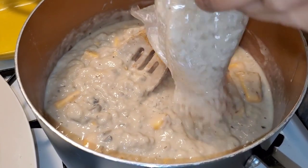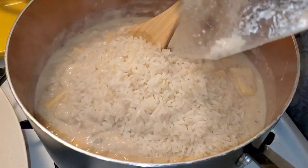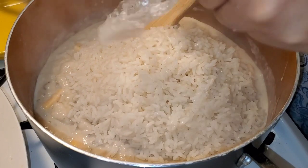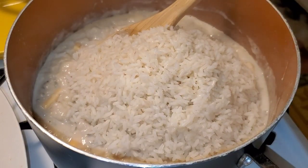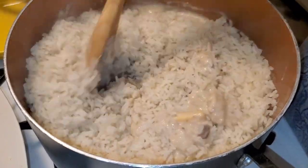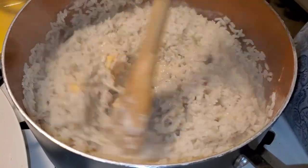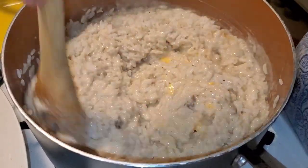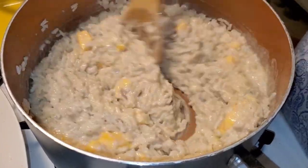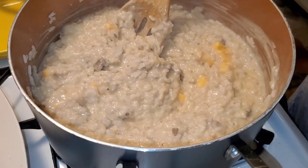Now I added an 8-ounce pack of Velveeta cheese, and I'm adding the rice. Now I just had the fire on to melt the cream of mushroom, and that's all I wanted to do, really. I know that the cheese ain't gonna melt right away. Again, we're gonna put this inside the oven, so you ain't got to worry about that melting. You just want to mix it up really, really good to distribute the cheese, so it could be in every bite, instead of just in one area if you don't mix it. All right, so then I'm going to...